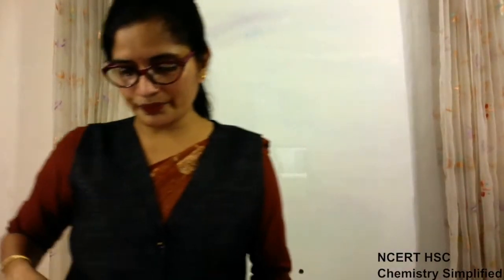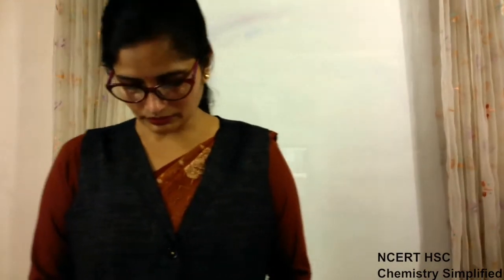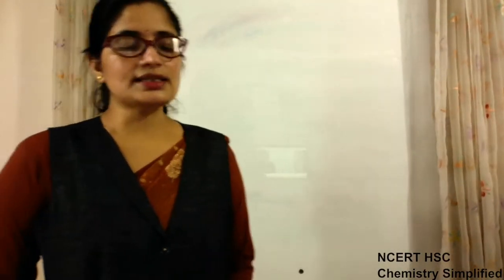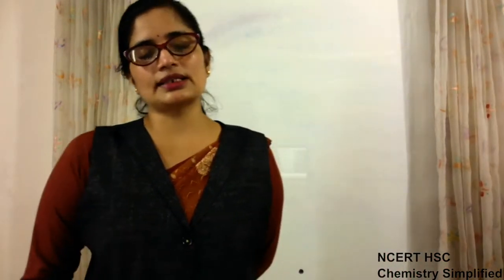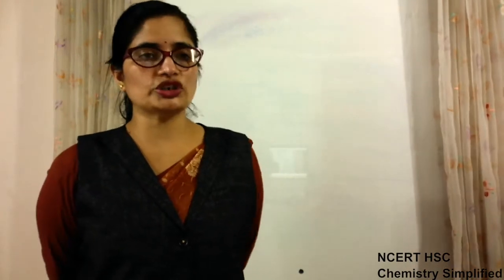Okay, now after this, though this Lewis concept explains the formation of a large number of molecules, it still has certain limitations. It could not explain the formation of certain molecules. In which manner could it not explain? According to this Lewis-Langmuir concept, the octet of every molecule should be complete, then only that